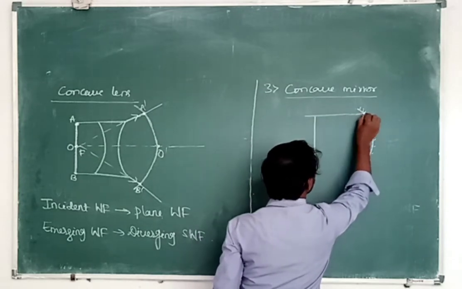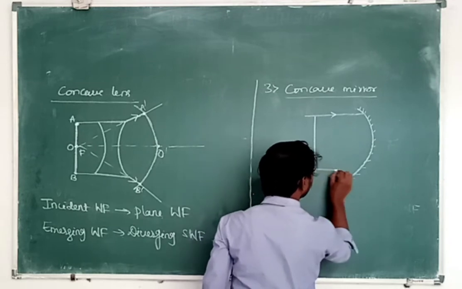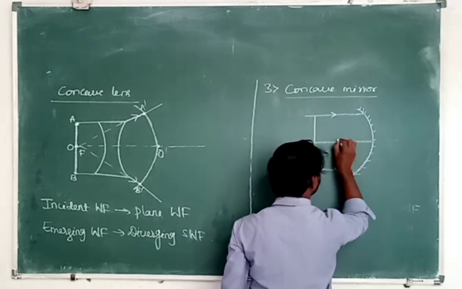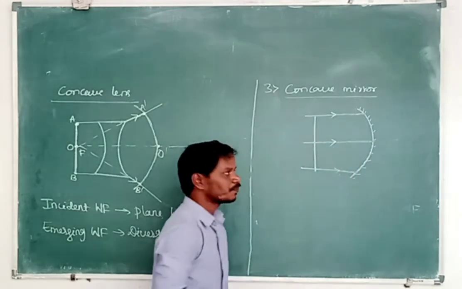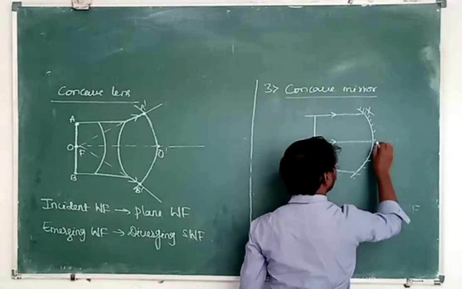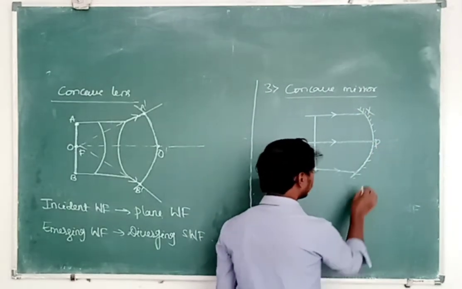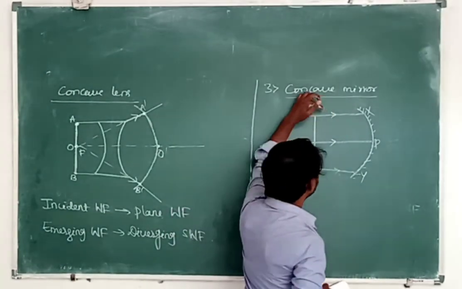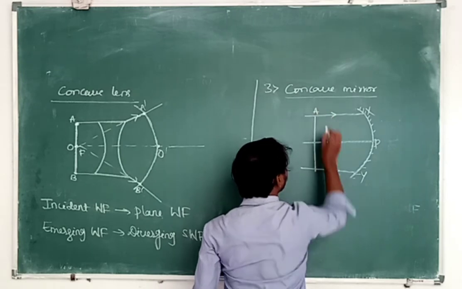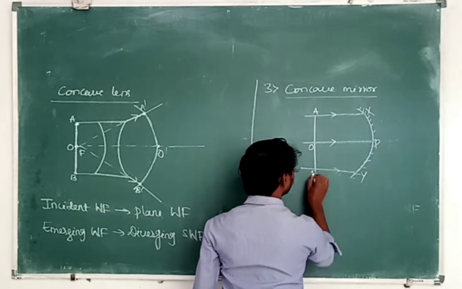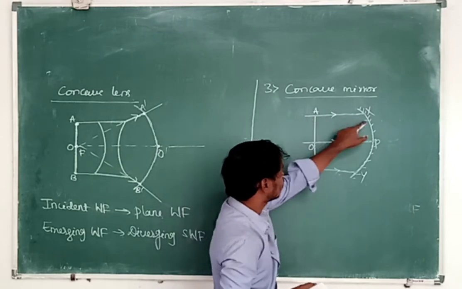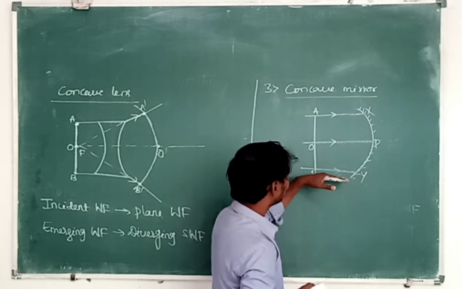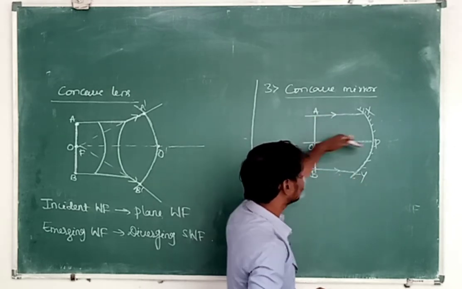So these are the rays, and they show the direction of incidence of the wavefront. I will take it as X. It is P, where P means pole of the concave mirror, and it is Y. So it is A, and it is O, and it is B. AX and BY both have small distance compared to OP.